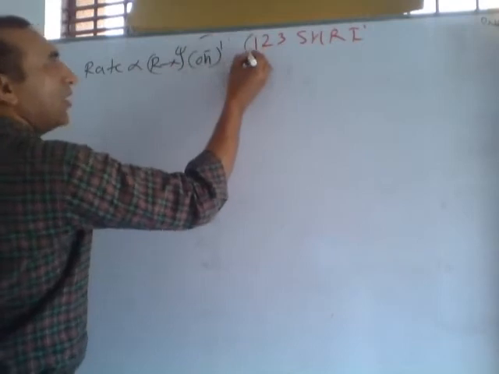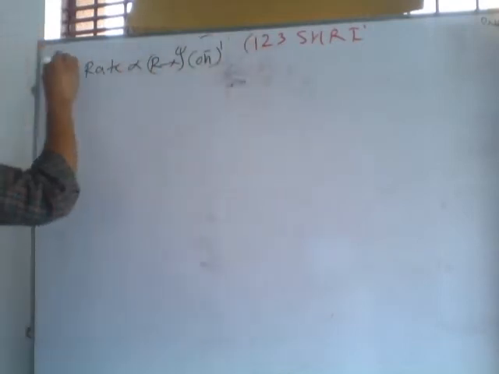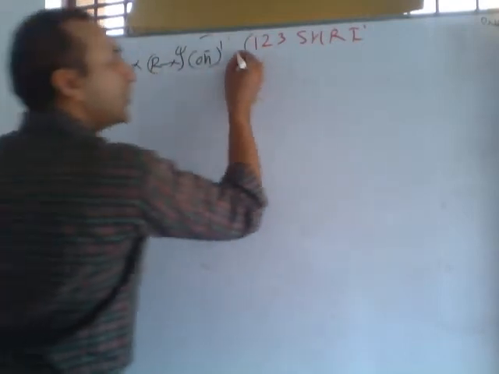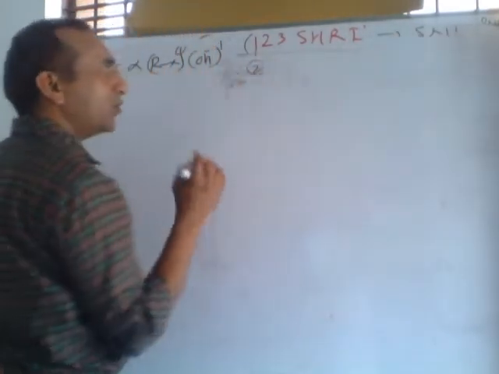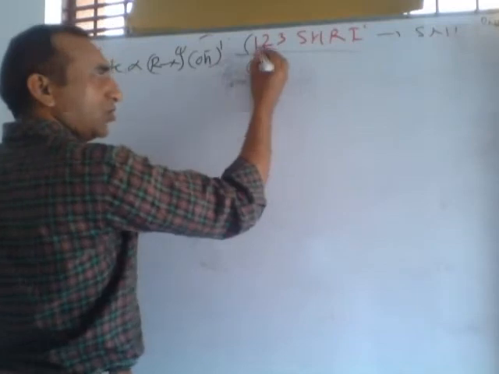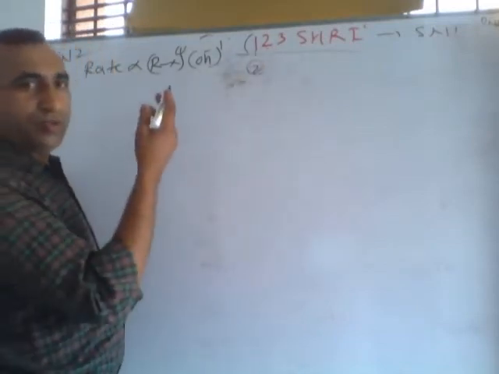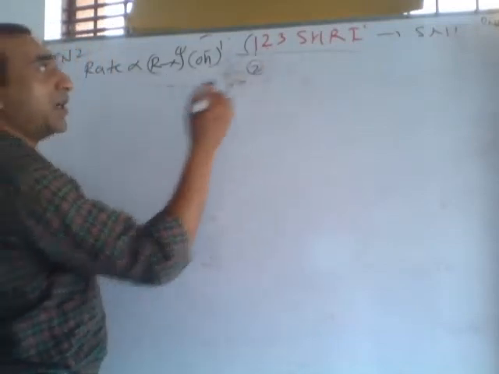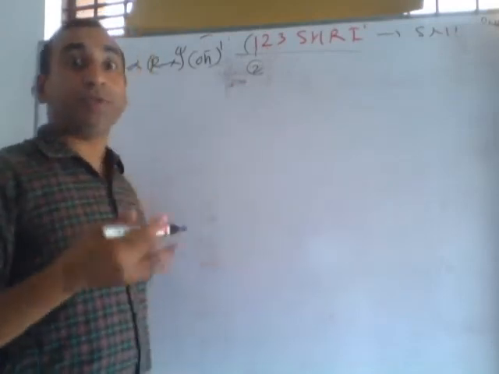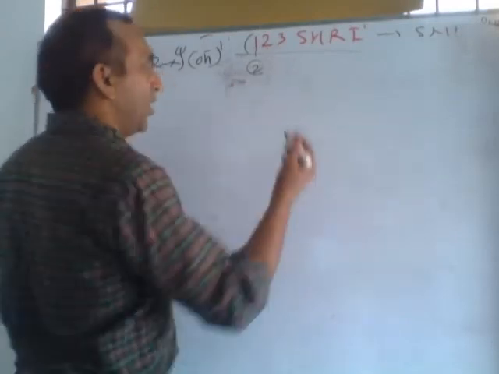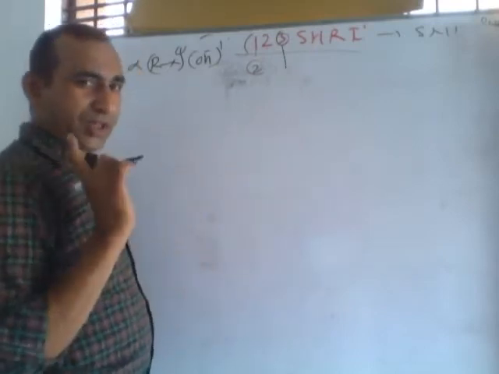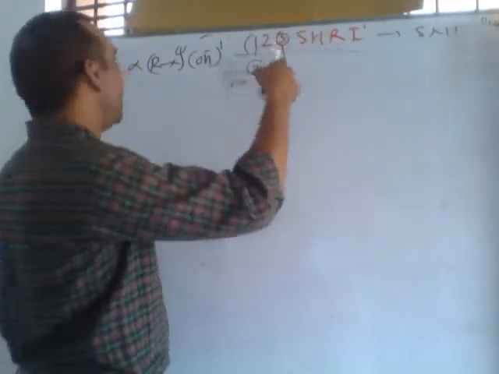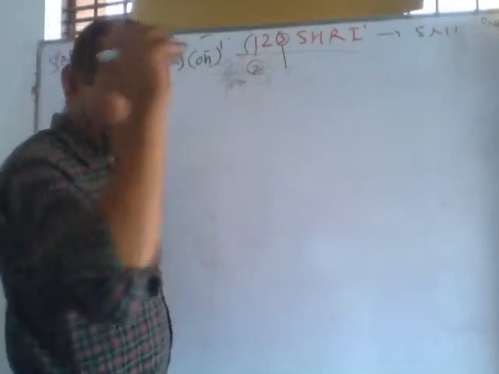So this is what we are studying about SN2. This is the trick for SN1: 2 means the order obtained is 2. What does this 2 mean? It is two steps in SN1, but SN2 takes place in a single step. We are writing the opposite points, and this 3, what does 3 mean? 3 means tertiary. So SN1 is given by tertiary, but this reaction is given by primary.